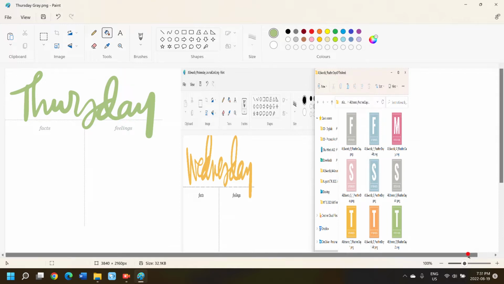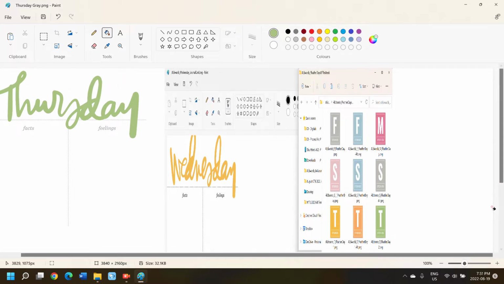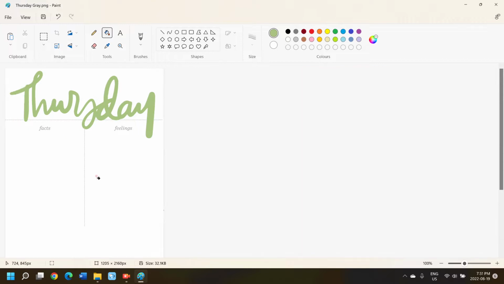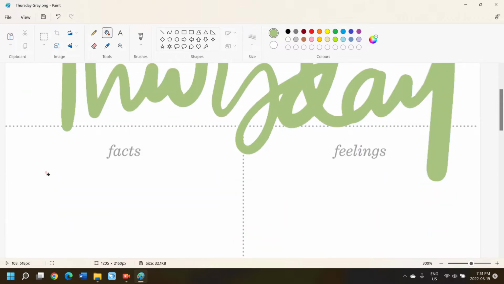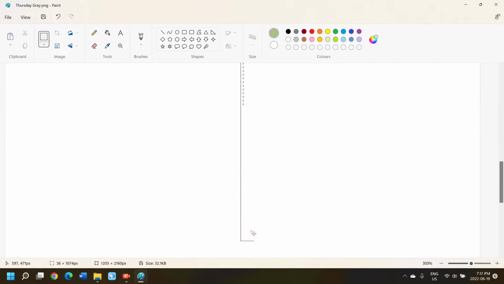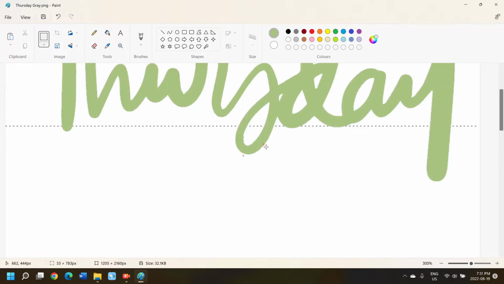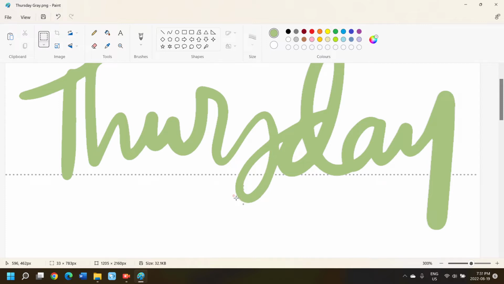One thing that you might notice is that when you're changing the transparency of your journaling card, it will lighten up the rest of that journaling card as well, including that dotted line and the facts and feelings text. So you can see that here it's a bit more of a gray instead of a true black. But I'm actually just going to get rid of these and get rid of that whole dotted line as well. And here's where I show that easier way of erasing all of this extra stuff that you don't need. And that's just by using the cropping tool on that top menu and selecting the areas that you don't